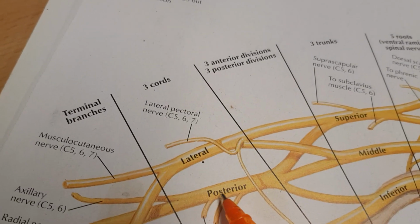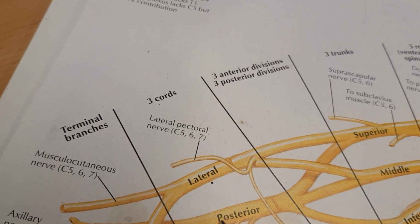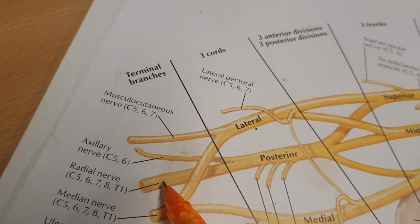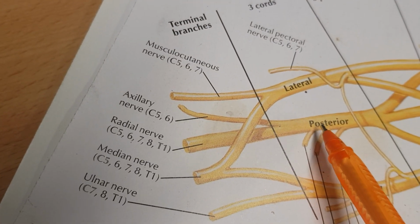So it supplies the triceps brachii muscle, the three heads of the triceps brachii muscle. The anconeus muscle is not supplied by the radial nerve. That's the only extensor muscle that is not supplied by the radial nerve. So it's the triceps brachii muscle,